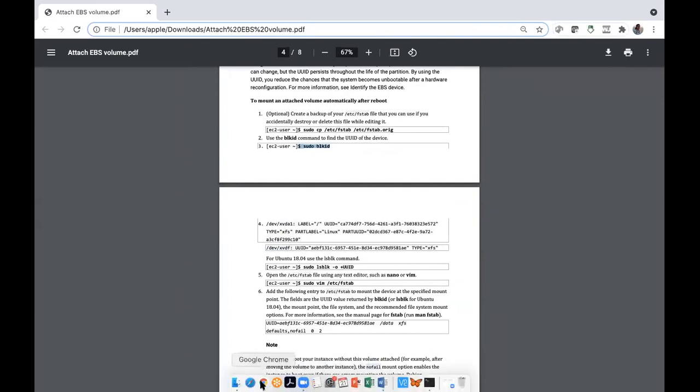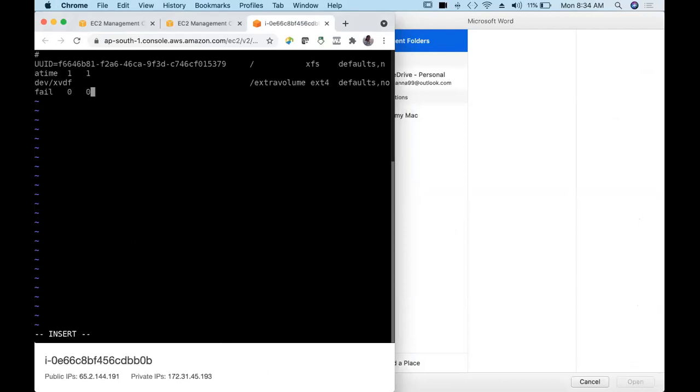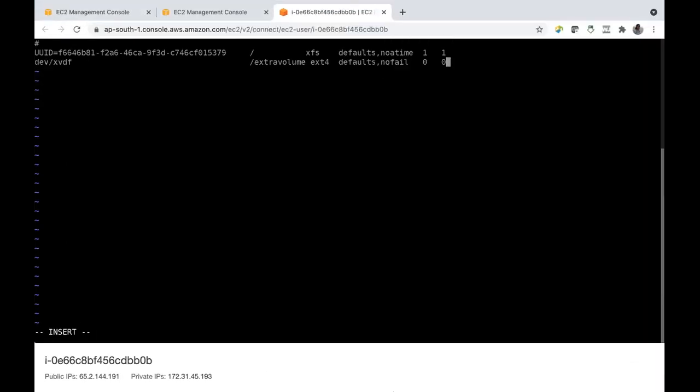Now let me go back. And here, one more change. There has to be / in front of dev also. You can take a screenshot of this. This has to be your entry. You can take a screenshot of it, go through the document, and also take a screenshot of this. Try this and let me know tomorrow. And also try mounting extra volume on Windows instance.